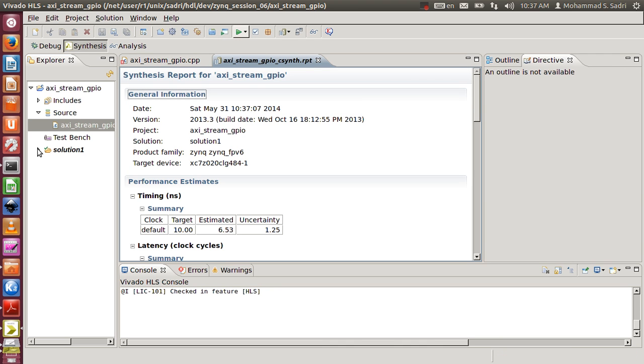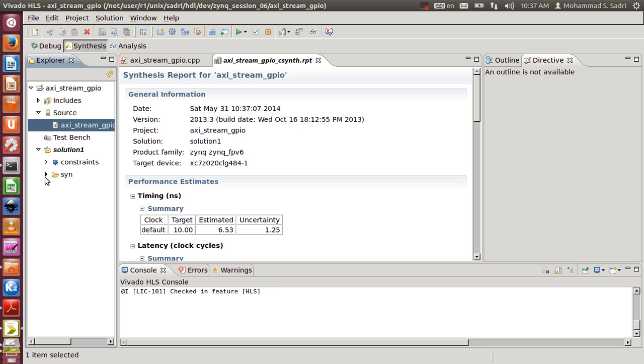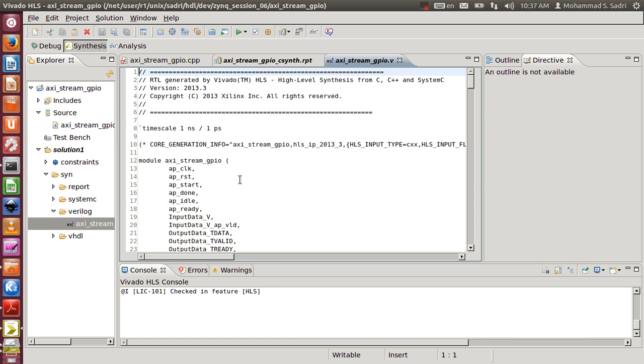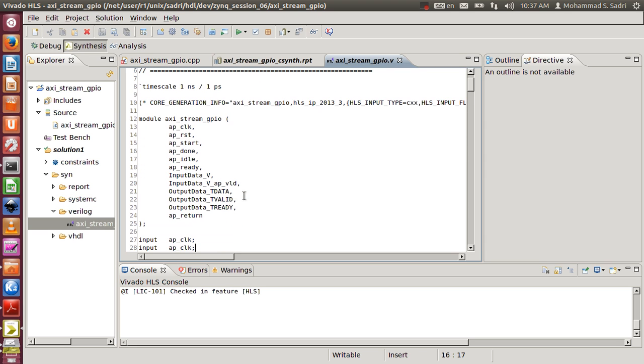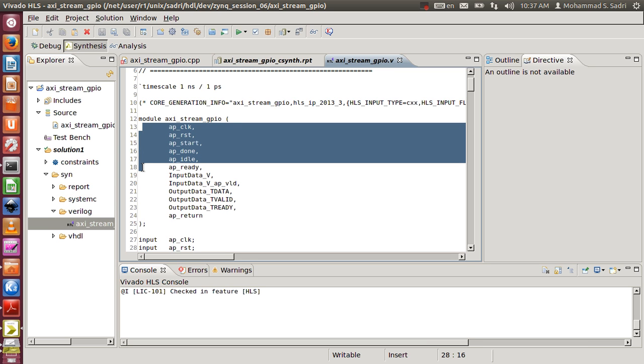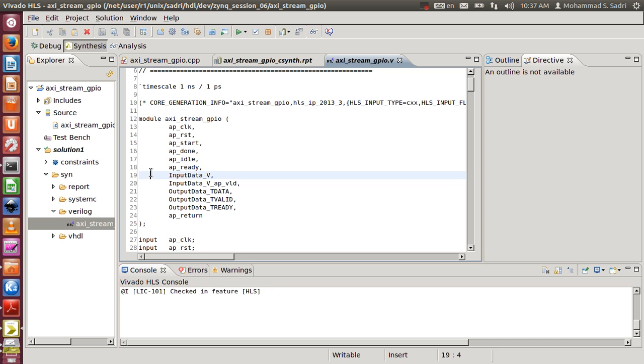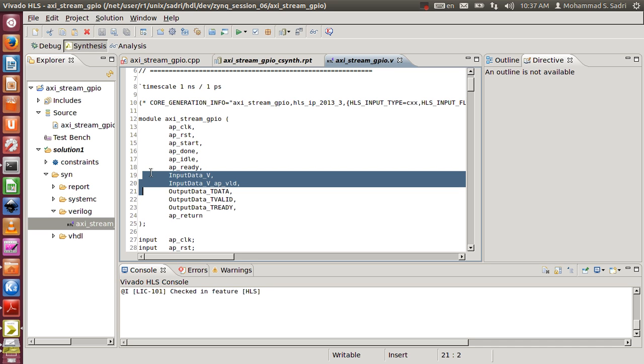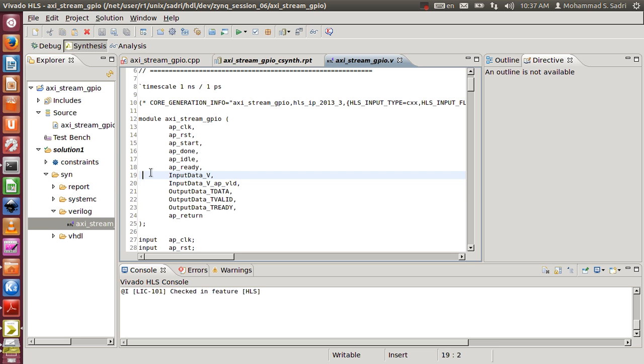Okay, it is done, and I come here, solution 1. I look inside the synth folder. I bring up the generated Verilog code for this block, and the Verilog code contains 3 types of signals. I would say the general control signals related to the module, then the signals related to my general purpose input, which contains in fact the input stream of data, the signal itself,